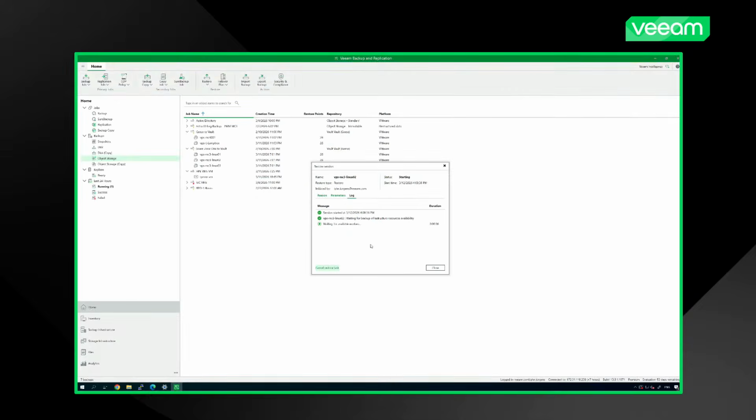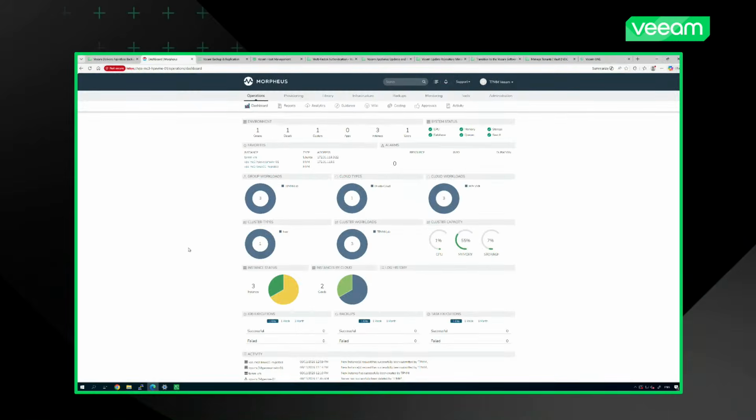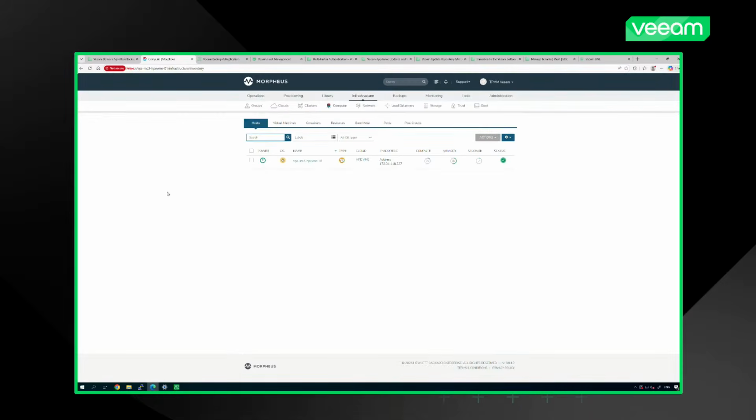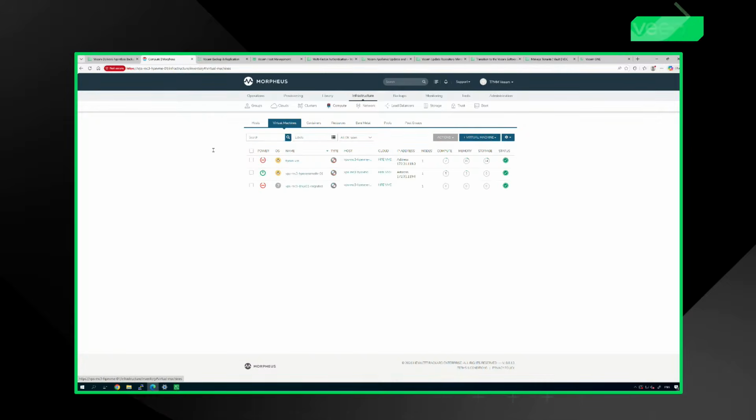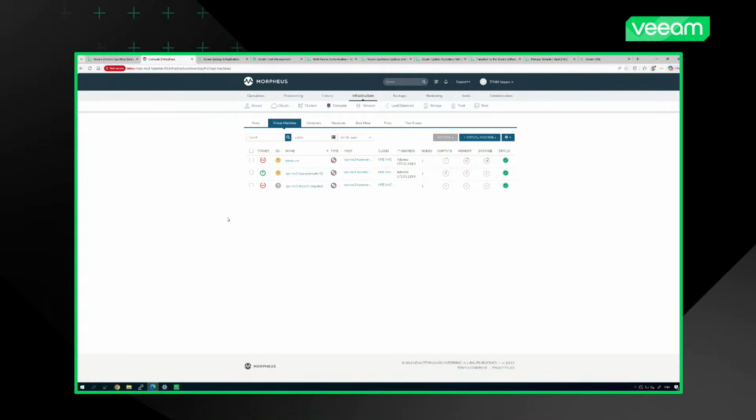We can see that here where it's currently working through the workers that we've got in Morpheus already. So you can see we've got this worker there. And when we're looking at our cluster, our compute, let's drive over to here. We just did a single node HPE VM Essentials cluster. So it's got our IP and all that. You can see the different virtual machines we've got running on there. We've got a test VM, we've got our worker node, and we've got that migrated VM that I did in